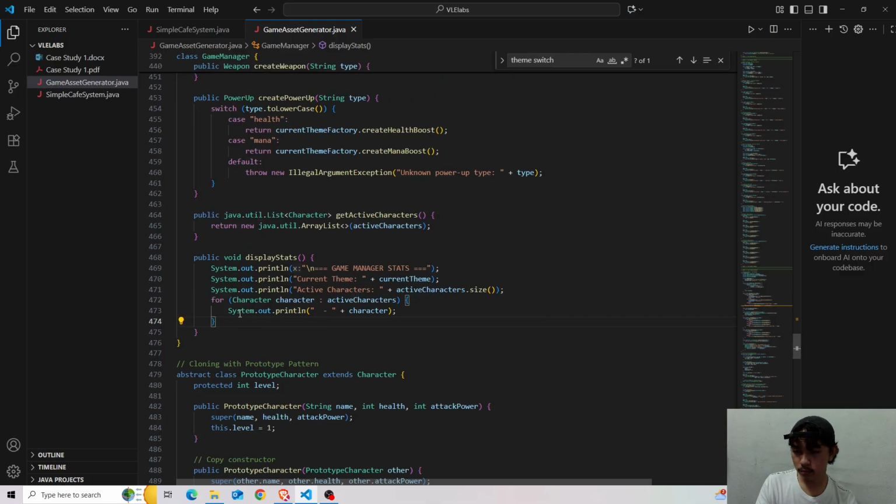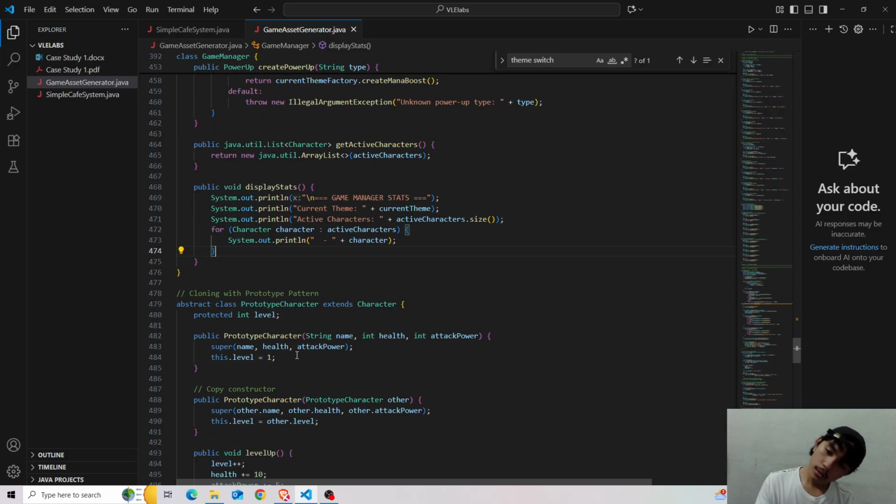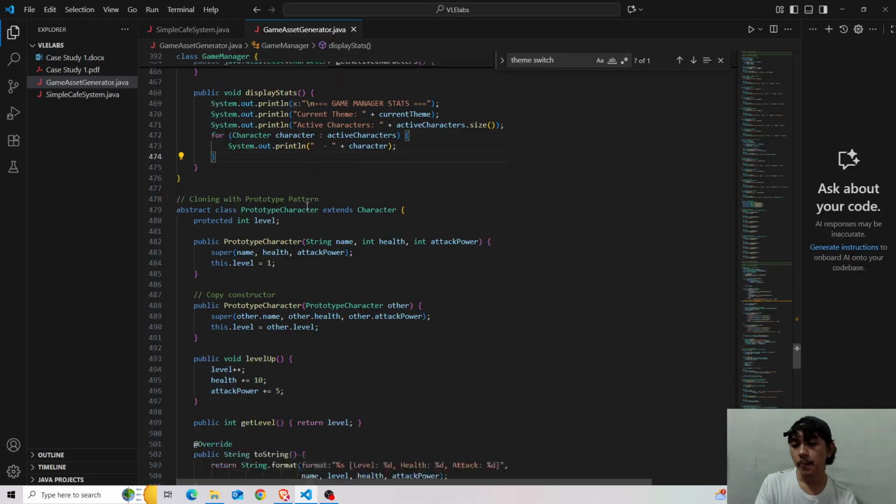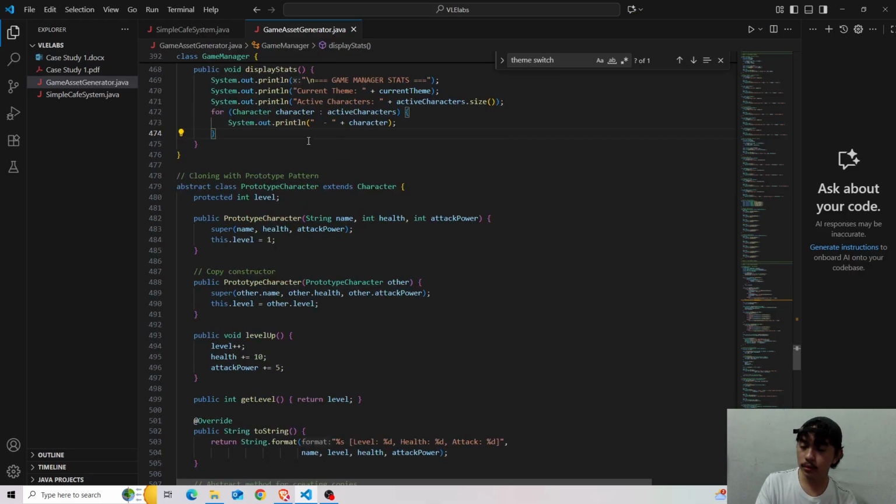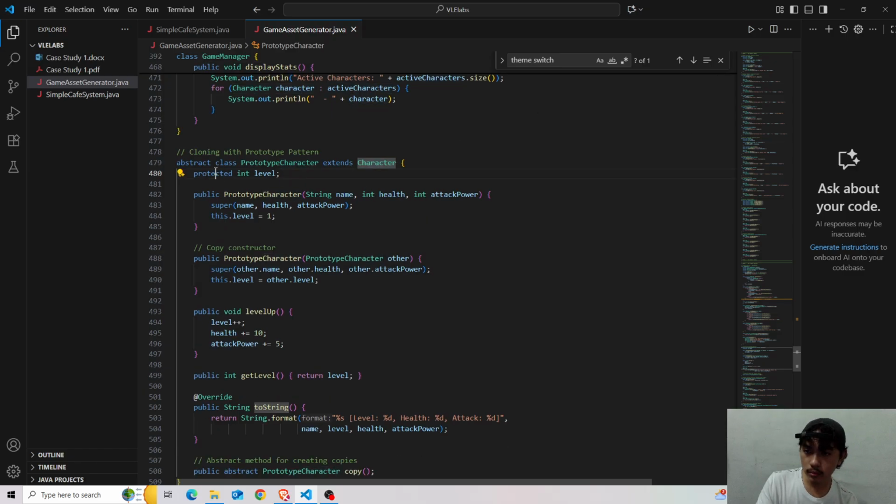Okay, so yeah, then let's proceed to the cloning prototype pattern. The cloning prototype pattern extends the character abstract class. It has an int level, so it has to be protected because only those who extend the prototype character can use this int level instance.